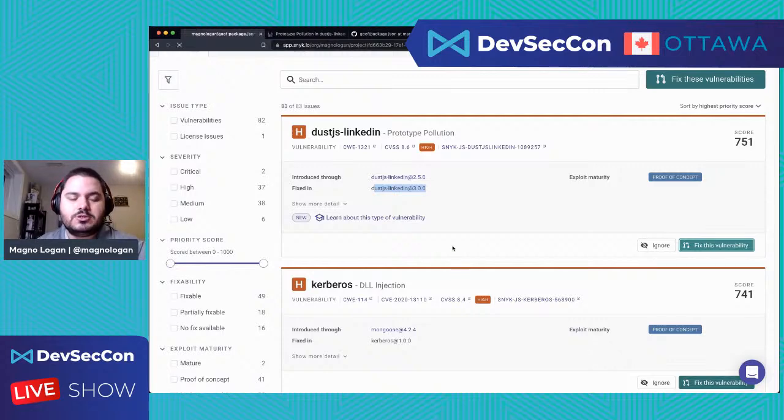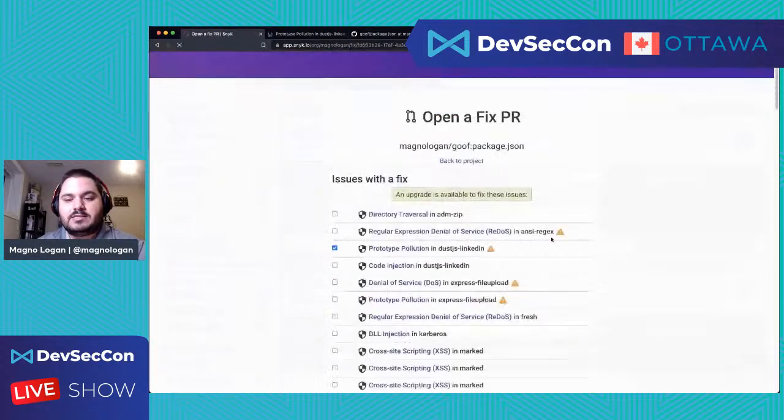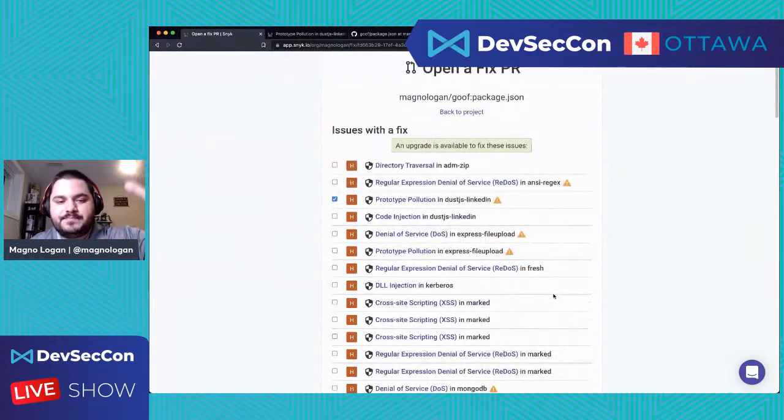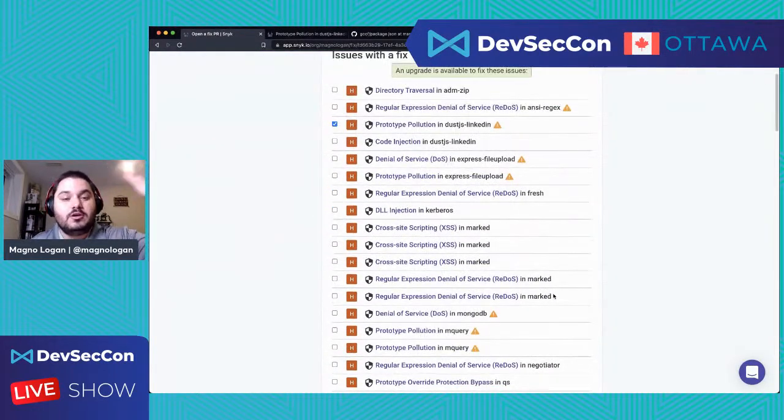It's usually pretty straightforward. When I select fix this vulnerability, of course, Snyk is going to show me the other vulnerabilities that I have, and if I want to update those, sometimes, especially when you're starting, it might not be a good idea to select everything because it can break your application, so you might not know what's causing the issue. So I recommend starting little by little, or library by library at least, so that if something goes wrong and your application stops working, then you can easily roll back, right, and fix it.